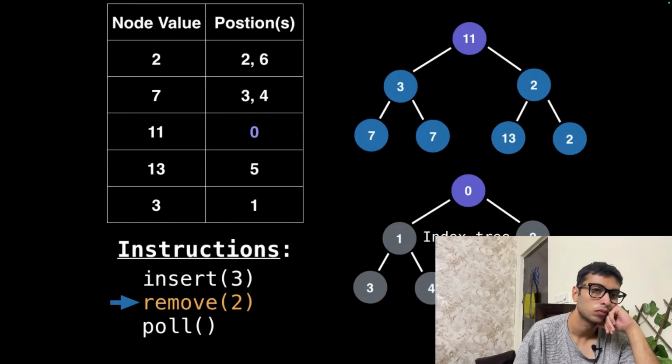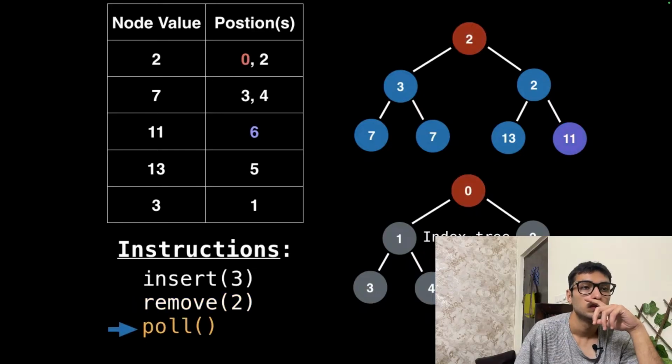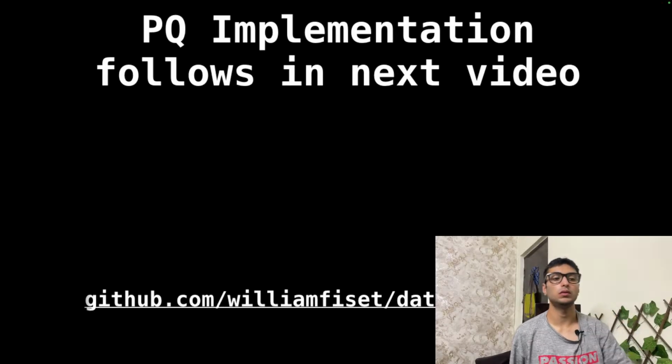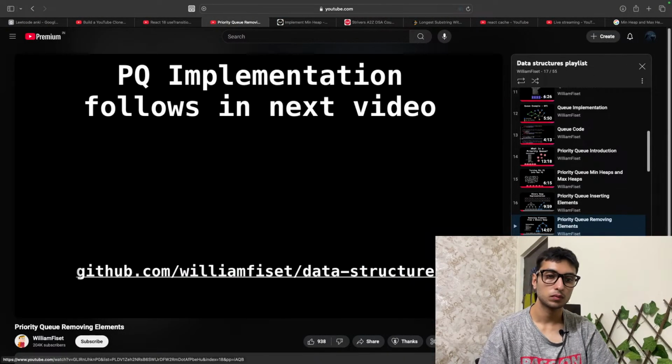Now we need to satisfy the heap invariant, so we need to bubble down 11. We look at 11's children, which happen to be 3 and 2. 2 is smaller, so it's the one we're going to swap with. So swap it in the table and in the tree. Now we are still not in satisfaction of the heap invariant, so look at 11's children being 13 and 2. 2 is smaller, so swap it with 2. And that's it, we're done. The last instruction says to poll, so get the value of the root, which is 2, and swap it with 11. Get rid of the 2, and bubble down 11. As you can see, we're constantly updating our table, but still doing the same operations. So that's how you do quick removals in a priority queue.